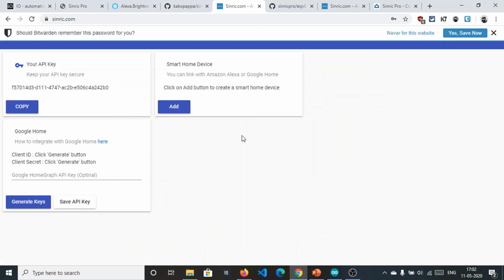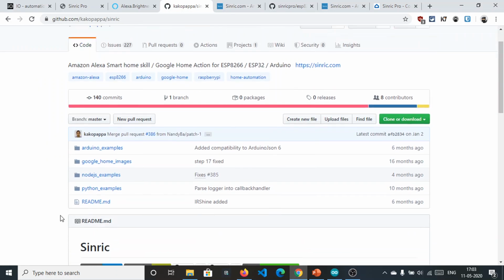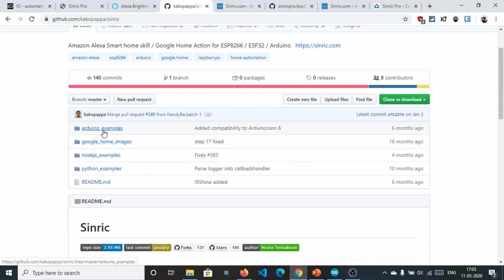As you log in here, there is an API key, and you can add a smart home device from here. This Google Home is not used in this tutorial. We are only focusing on Amazon Alexa, so we need to connect with that. For the Google Home Arduino examples, first you need to clone and download it.